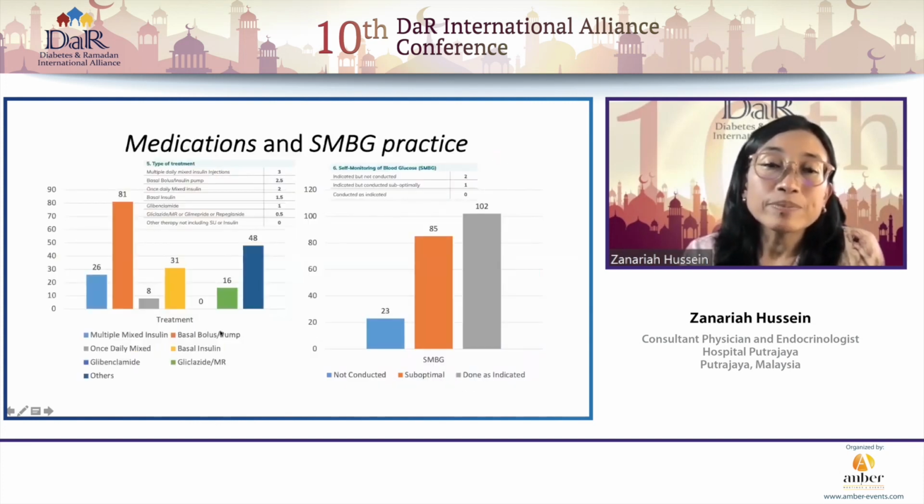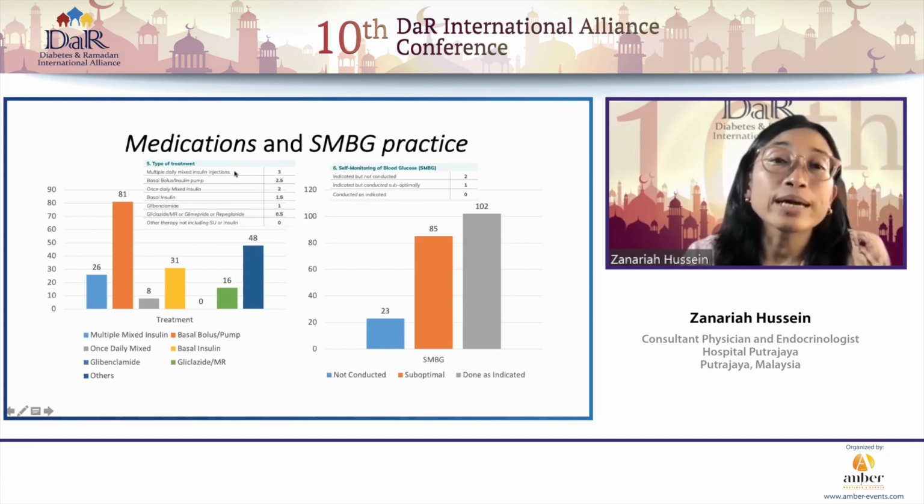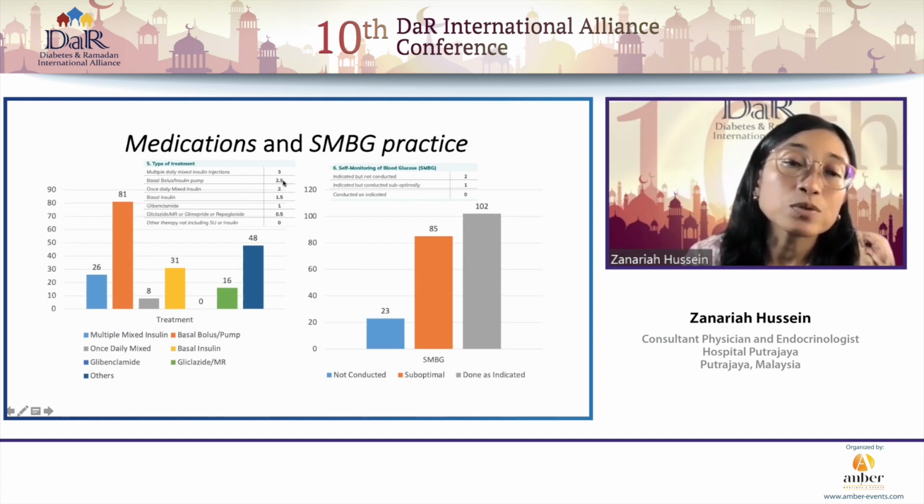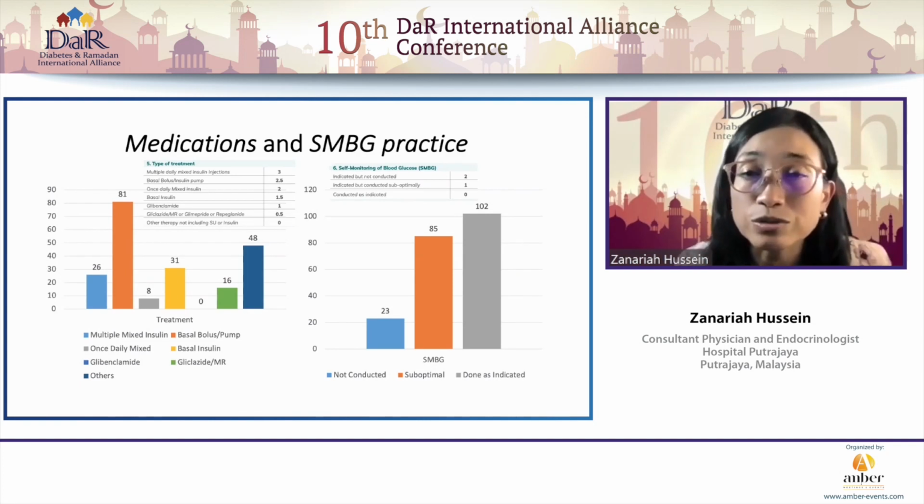And we have elaborated about the medications, which is another way of looking at it. But just to remind us also from the scoring system, how each medication played weightage to the risk score, where pre-mixed insulin would have a weightage of 3 for the score, and basal bolus of 2.5. So we could see that most of our patients were either on mixed insulin or basal bolus, making them already have that weightage for their eventual risk score.